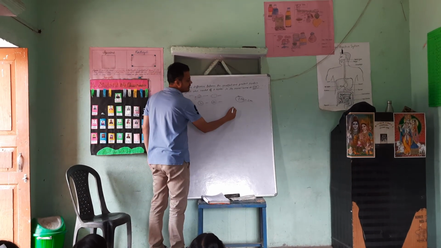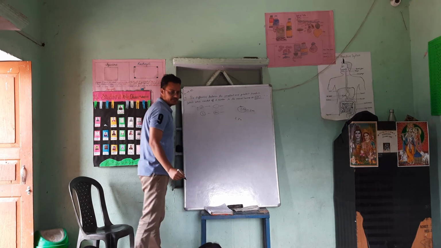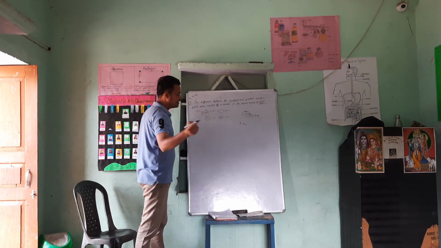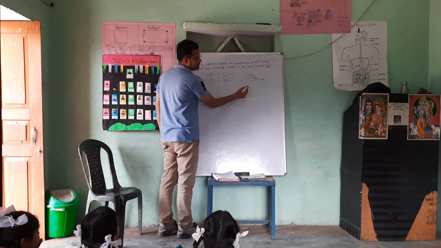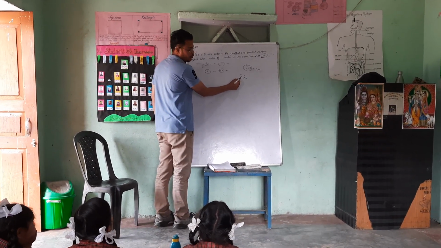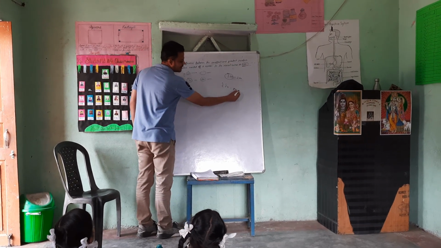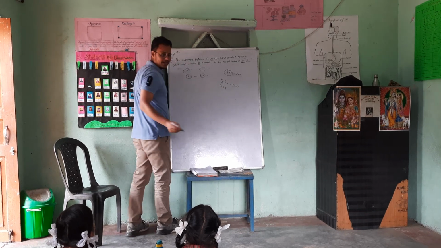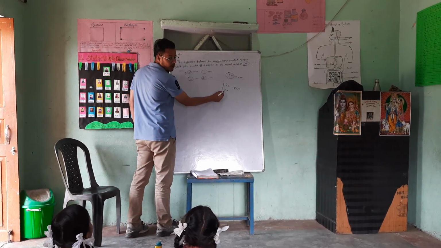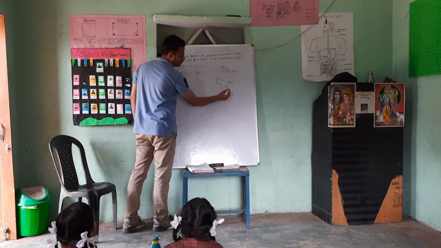Okay now, let's see 250. Let's check it. If you want to find its nearest hundred, the tens place is 5, so you will add here. So it will become 300. Yes or not? So this is cancelled. Now less than 250 is how much? 249. Now is it 4, less than 5? So you will not add here. So it will remain as 200.